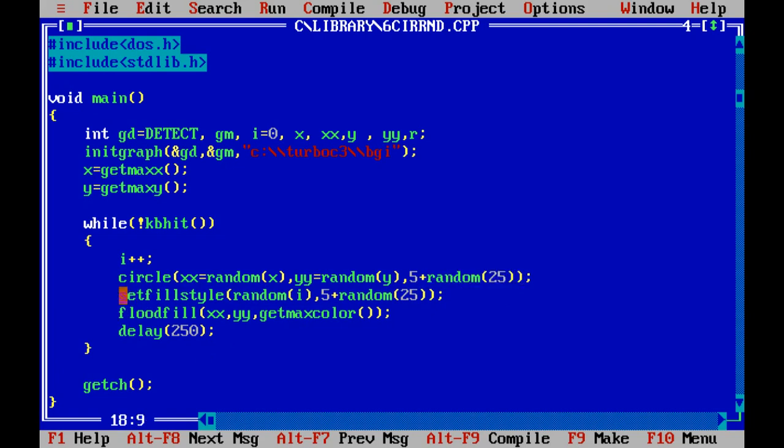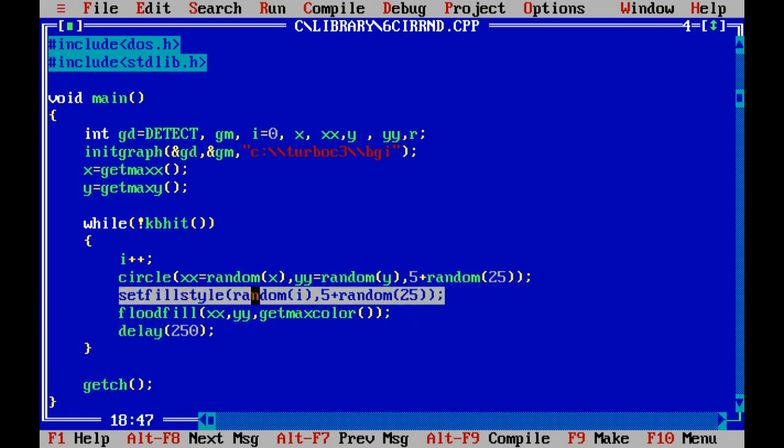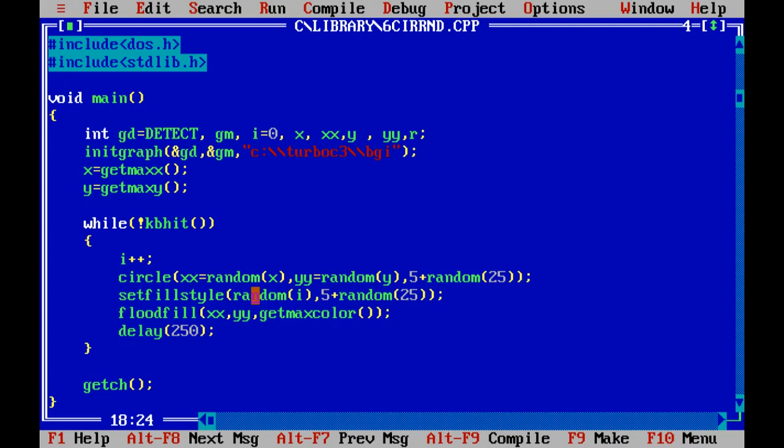setfillstyle. The fill style is also randomly chosen. The fill color is also randomly chosen.